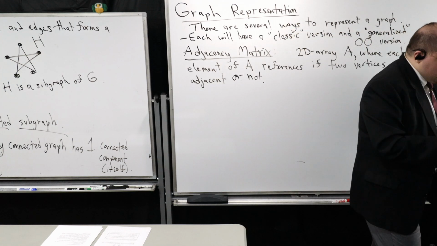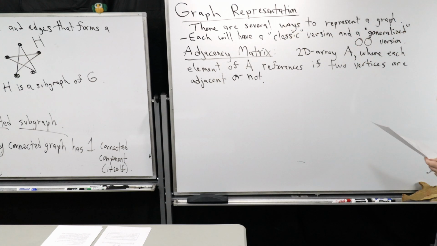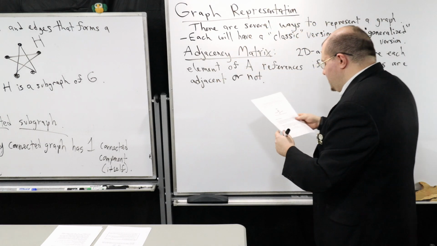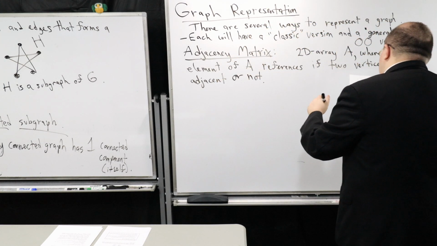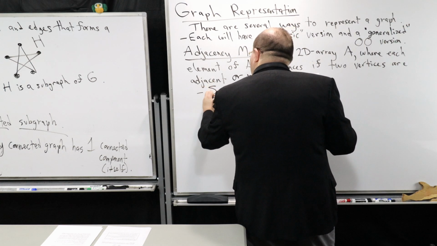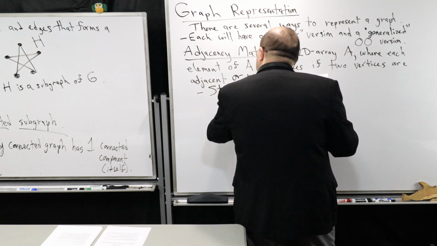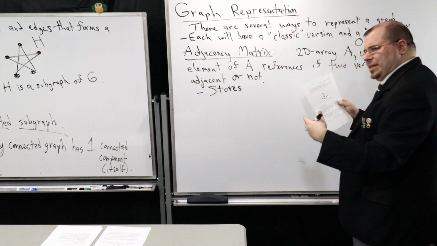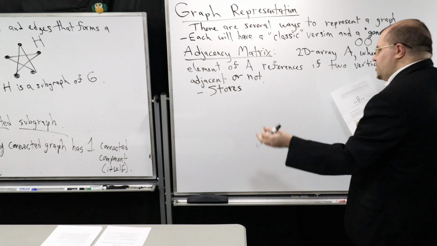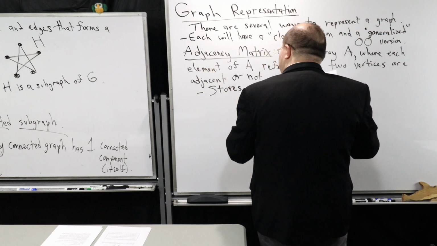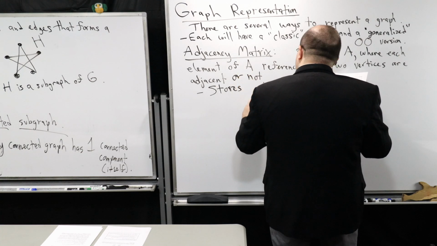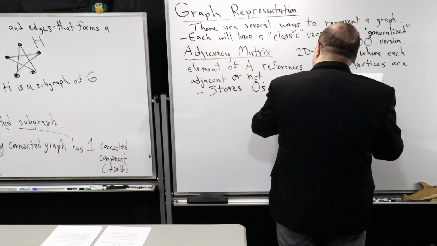So I'm going to first show you the kind of classic way of approaching this. Then I'm going to show you the much more general one, okay? I'll show you a much more general scheme for this when you want to have weights in the graph, like distances or costs. But I'll start with just the most basic stuff that we've been looking at so far. So it stores zeros and ones,